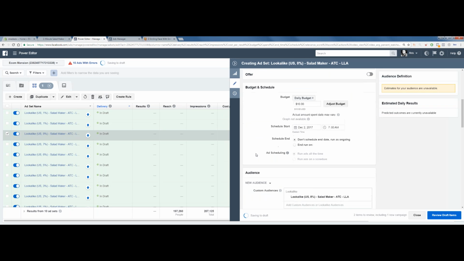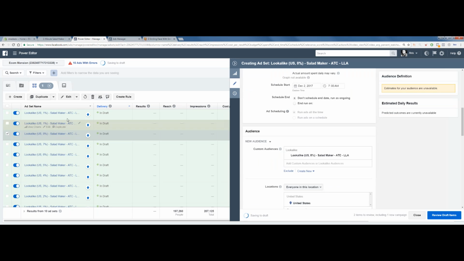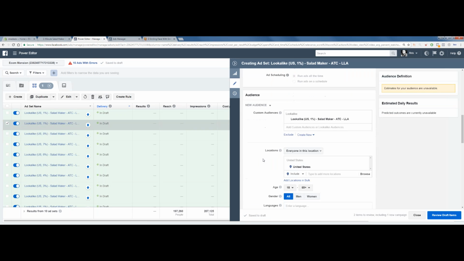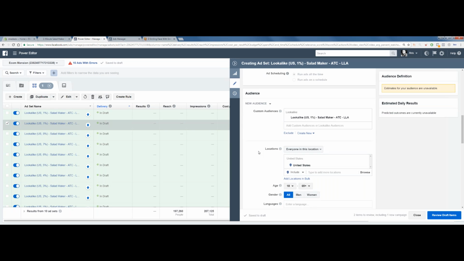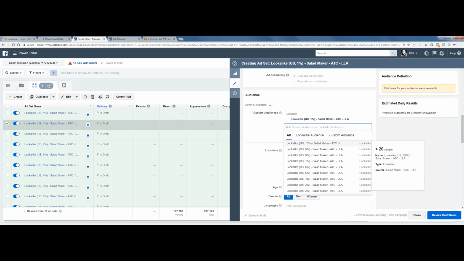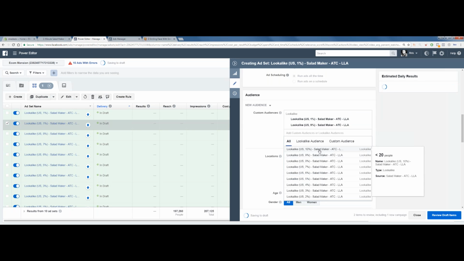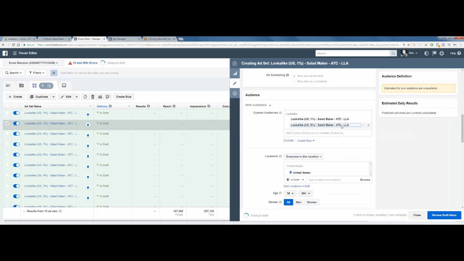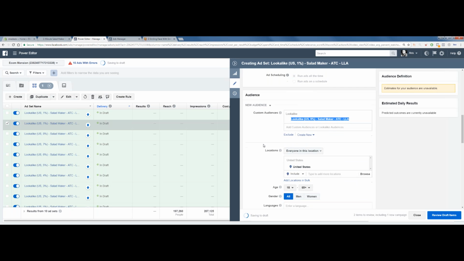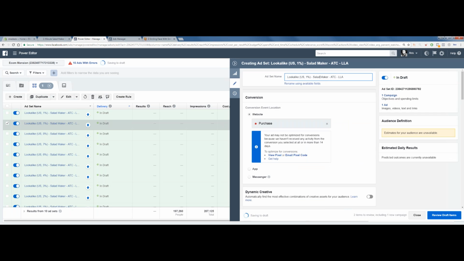Or if the add to carts are really cheap, you can leave it, run another day. If there's no conversions, no purchases within 48 hours, you pause it. Or you can wait one more day.